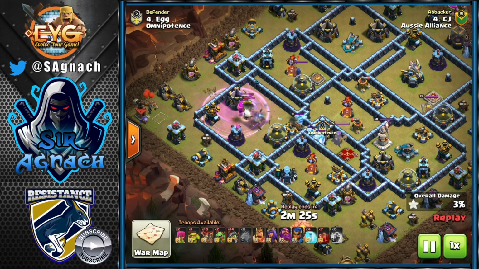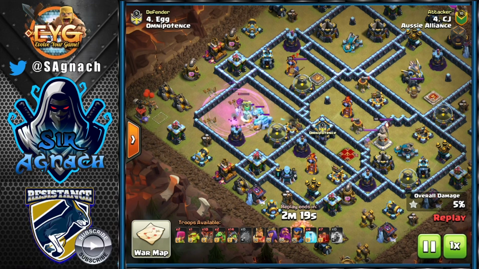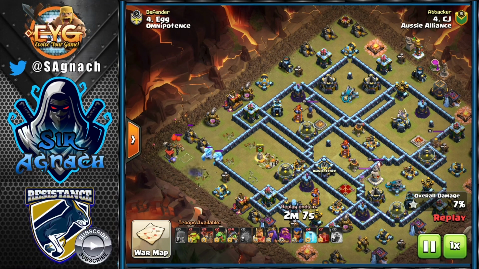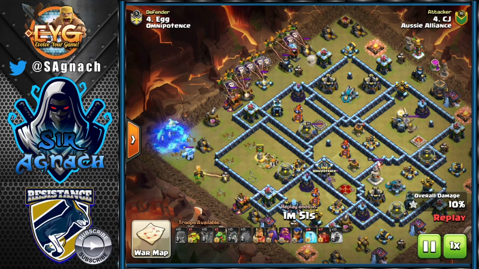He's got a couple of Yetis and Sneaky Goblins, I believe, in there, and ends up pulling the CC as well, which is 3 Ice Golems. So it's not every day that we see that anymore. Used to be very used, but not anymore. Uses a baby dragon to get rid of one of the ice golems. The other two were glitching, but they finally moved towards the baby dragon